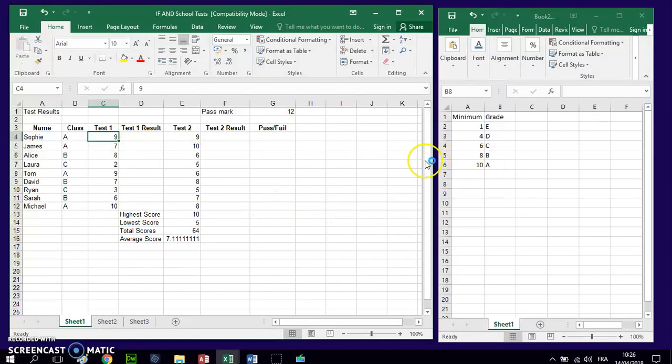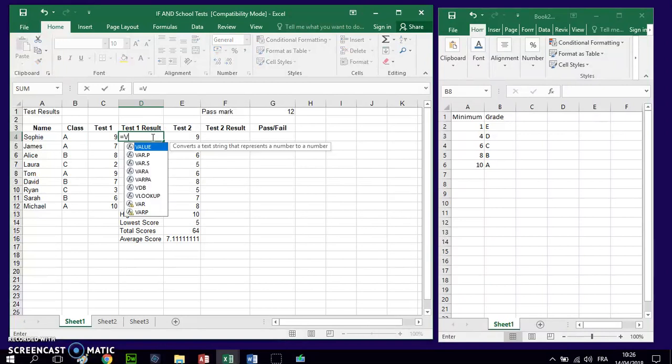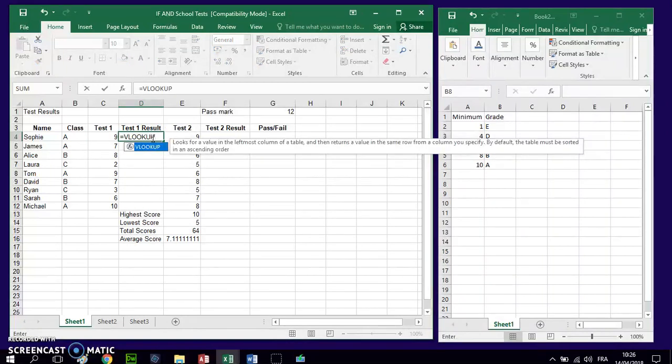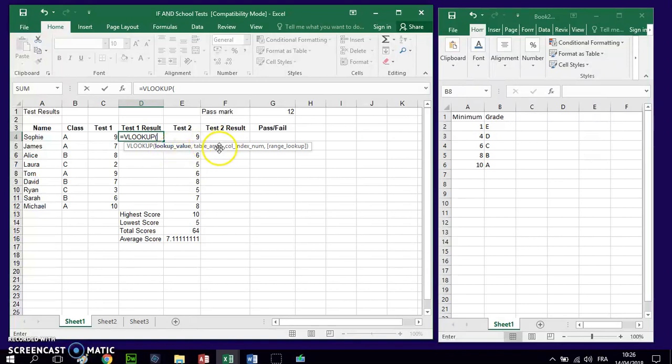So this is a VLOOKUP. If you are using exact numbers, then you have what's called a false range or a false lookup. When you're looking for within a range, you have a true lookup. So let's try this. Equals VLOOKUP. It needs 3 pieces of data. The lookup value is always one single cell, never a range. Okay, I look up one cell at a time. So I'm going to look up cell C4,